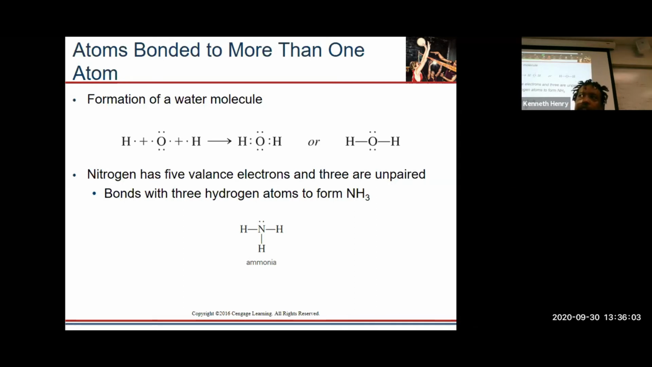And then here's an example with ammonia. So how are you guys feeling about this so far? Do you think you can do Lewis dot structures? I think,